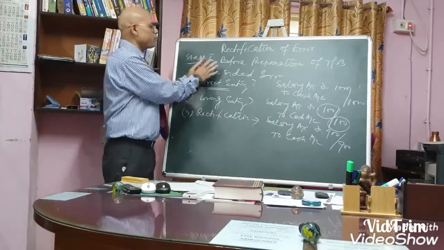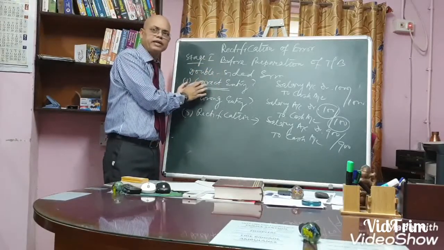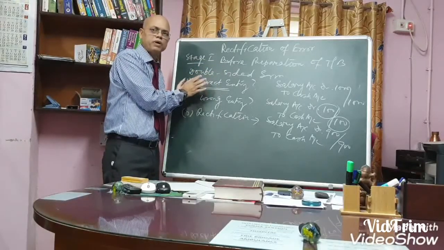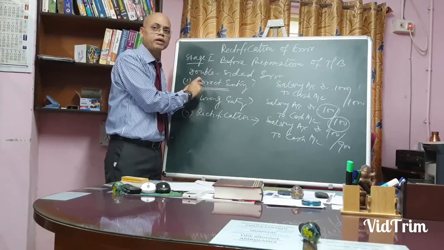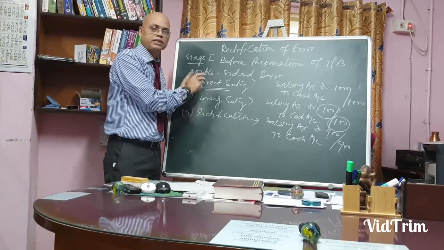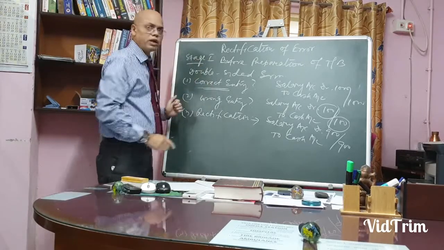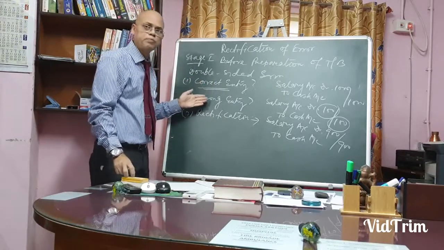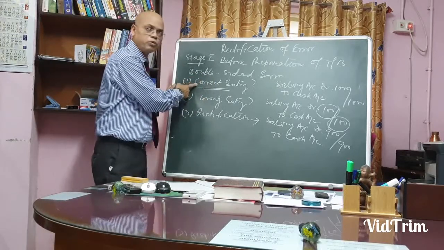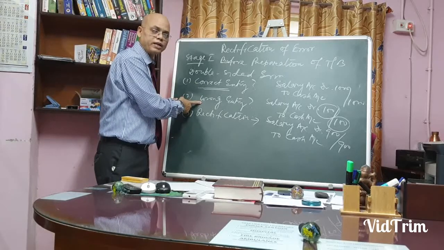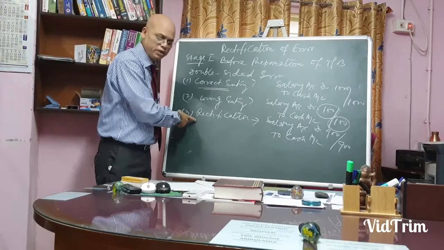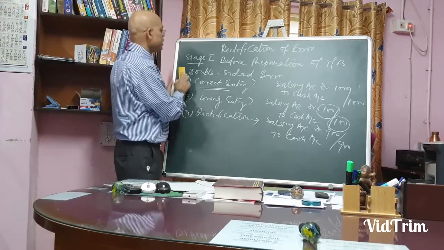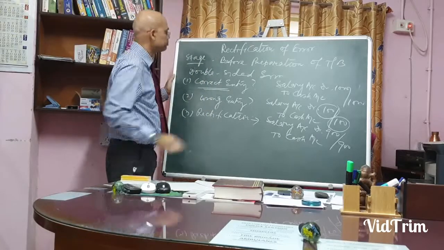Now it is very clear: before preparation of trial balance, in case of single-sided error without suspense account, we will have to pass the rectification entry. How? That is, what account will be debited or what account will be credited, and what will be the effect of the amount in that transaction. And secondly, under double-sided error, we will have to follow the 3-step method: what the correct entry would be, what wrong entry has been passed, and what rectification entry should be passed. Now in case of stage 2,